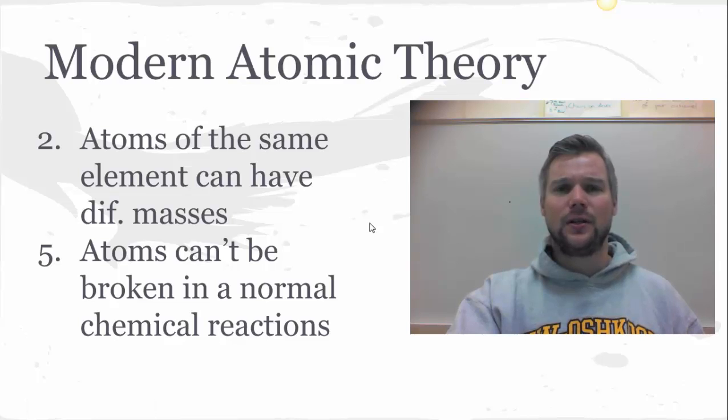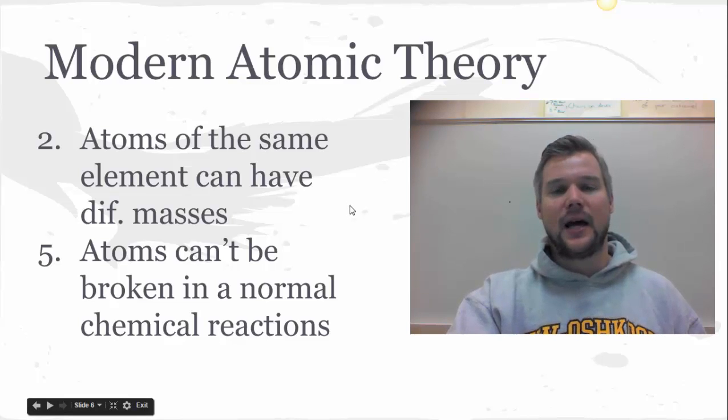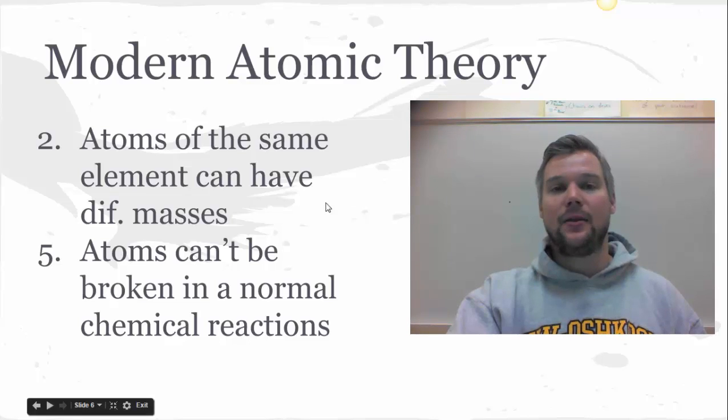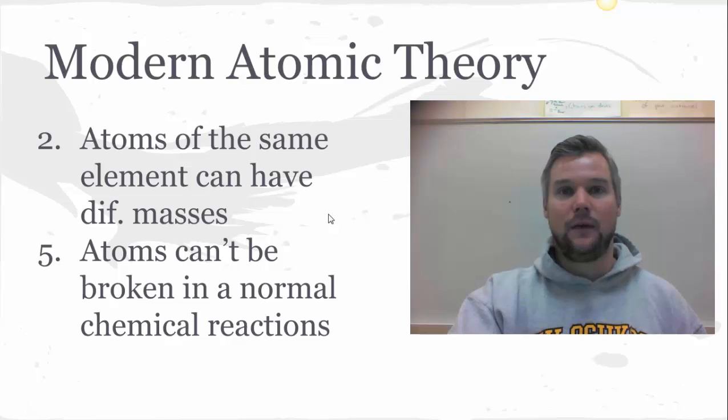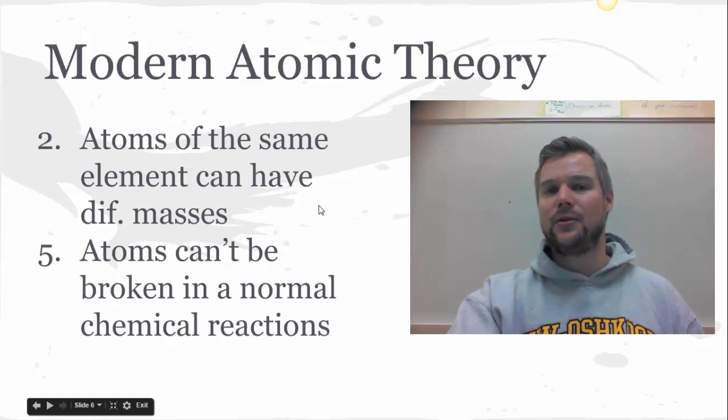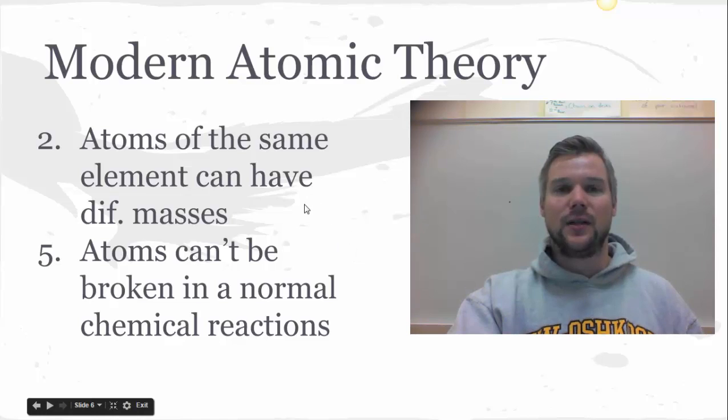So what you should have learned in this video is that we have this guy named Dalton. He had 5 postulates called Dalton's atomic theory. And then some of those postulates make some pretty important fundamental cornerstone laws of chemistry. And then after information was found, we had to change it into the modern atomic theory. Basically the same theory, we just subtly changed it. We didn't dump the whole theory. We just made some modifications that fit the new data that were found.